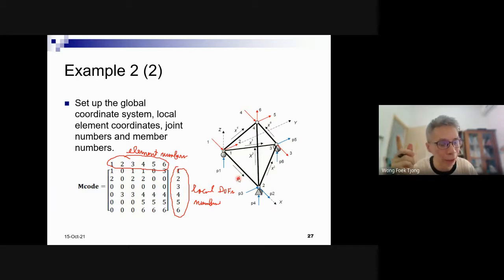Recall that finite element is directed toward computer applications. For computer applications, you have to have a systematic way. So for a systematic way, I always begin from the lowest number to the highest number. Of course, you can choose, for example, the local coordinate like this. This is the local coordinate for element number 1. If you choose like this, you can begin from here, 0, 0, 0, and then 1, 2, 0.